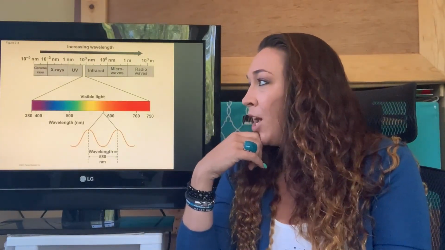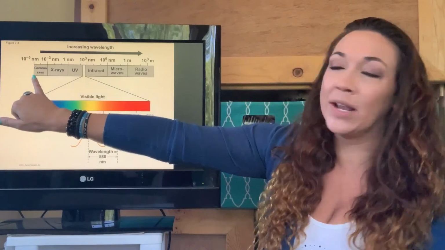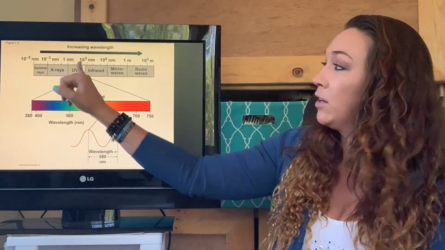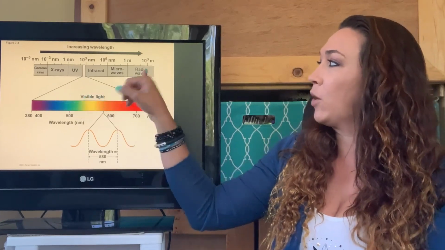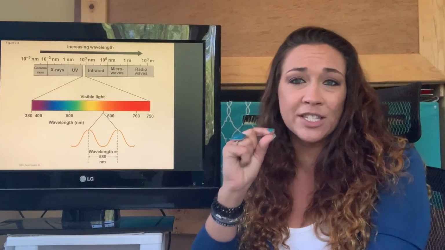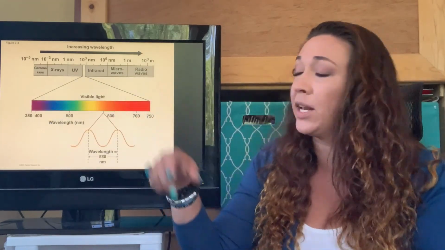So these are gamma rays, the absolute smallest of the rays, followed by X-rays, UVs. Visible light follows right here in this little spectrum. Finally, infrared, microwaves, and radio waves. Now, if you see right here, we can actually only see in a very, very small, what's called the visible color spectrum. So that's not a lot. There's a big range out there, all the way from gamma rays to radio waves.